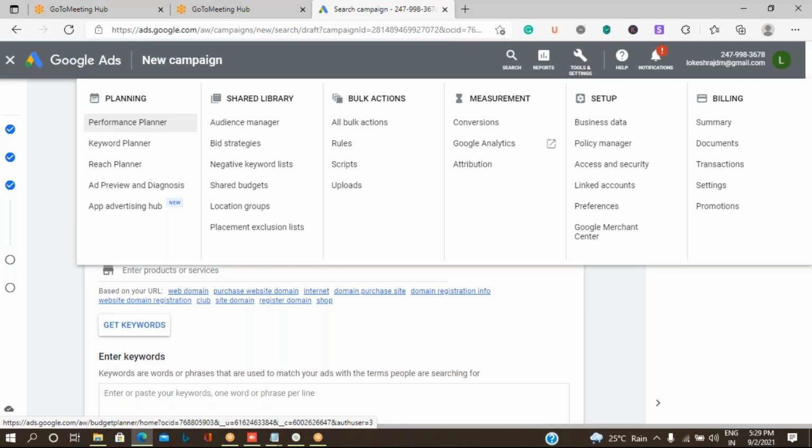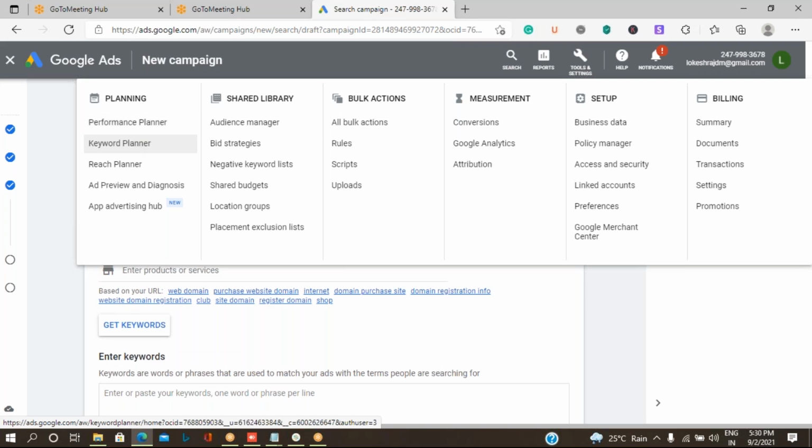So there are a lot of reports and links we can create. Settings can be done related to Google Ads. Under the planning option, you have an option called Keyword Planner. That means you can use this tool to find out which is the best keyword to use while creating an advertisement as well as while creating content. You can know which is the trending keyword related to that particular type of product or service you are going to advertise.